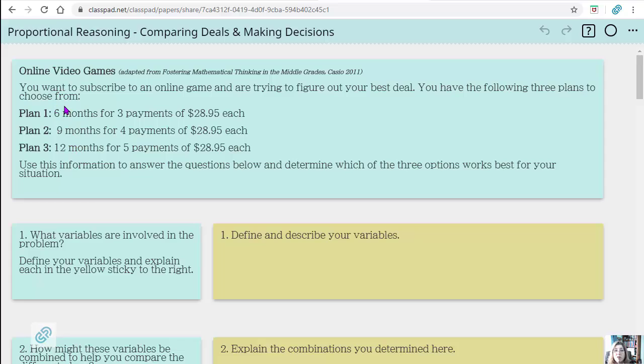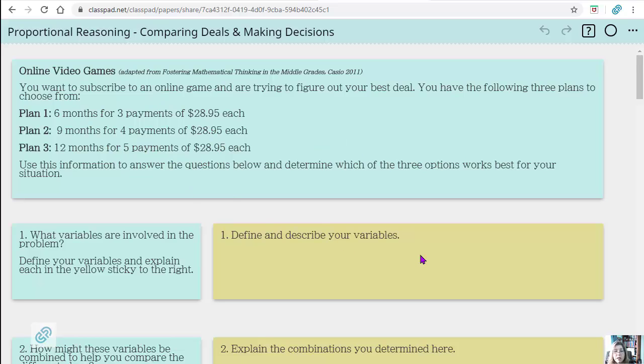But the number of months that you have the service, or that you're paying rather, is longer. You could choose this plan and pay for a year. What would that be compared to this plan for a year? So that's what we want students thinking about, is you don't want to make a decision based right now and think, oh, well, 6 months I'm doing less payments, this is a better deal. If you really look at the ratios and look at the proportions or possibly unit rates, then your decisions are possibly different. So that's how the activity starts.